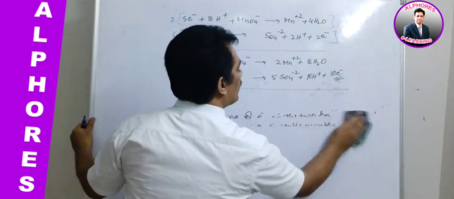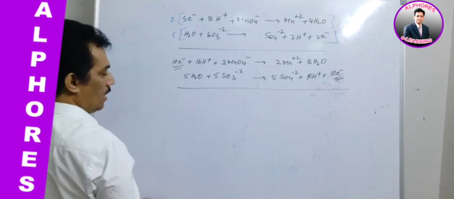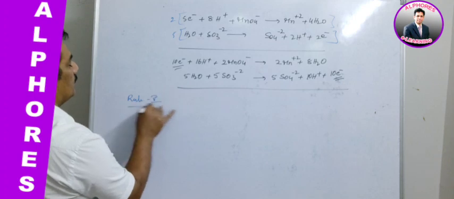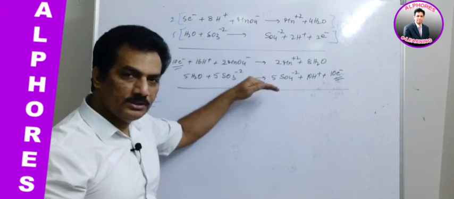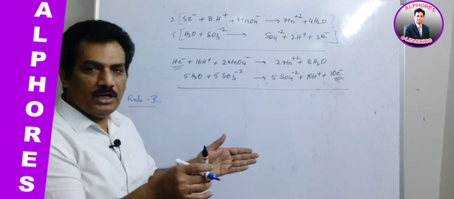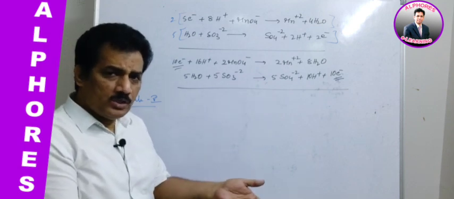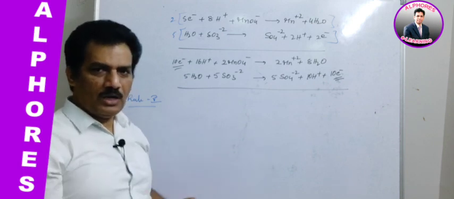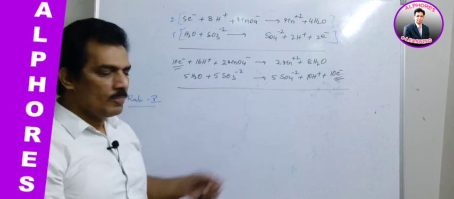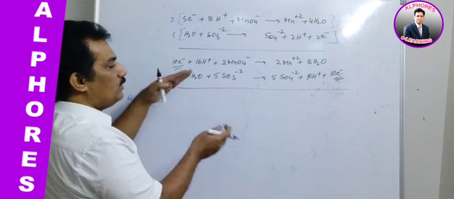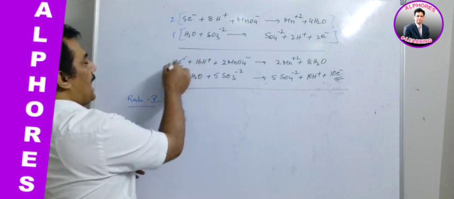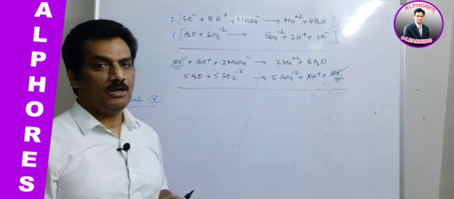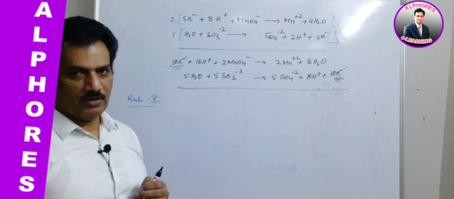And now coming to rule number 5, the conclusive rule, the last rule. As per rule number 5, add the two half reactions. Now we have to add, because in the beginning we separated them. What for were we separating? Only so as to balance the two separate equations, is it not? After balancing all these things, we have to add them now, because it is the conclusion. In rule number 5, we add both half reactions by cancelling the electrons. That is the purpose why we are equalizing the electrons. Are you following?